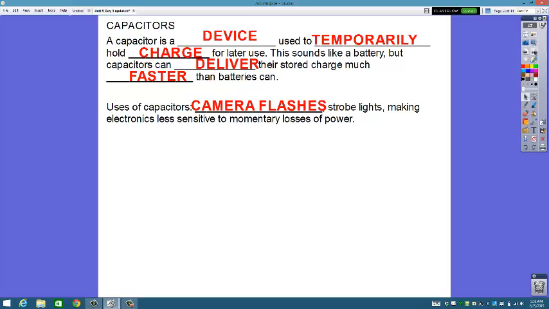You have strobe lights, okay, do the same thing. They use all their charge real quick, so you get a really big flash of light. It takes a second, and then it charges again, and then it uses all their energy. So what happens is that for any capacitors, they're going to have